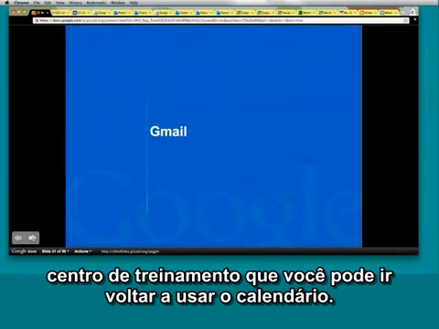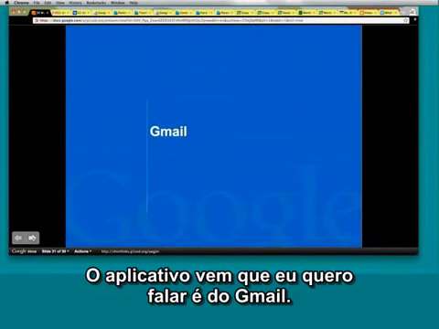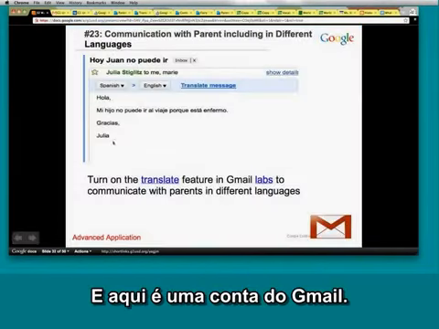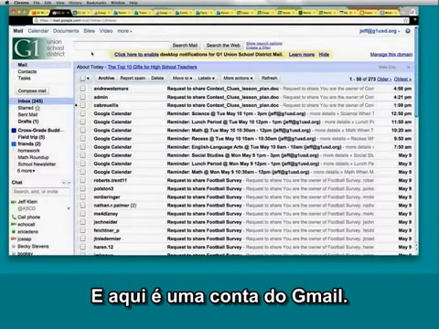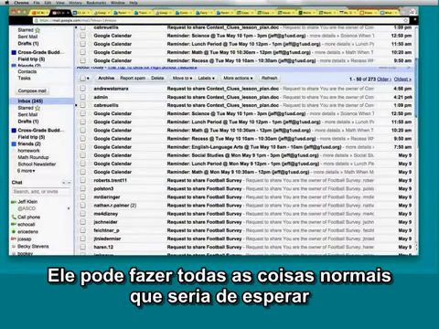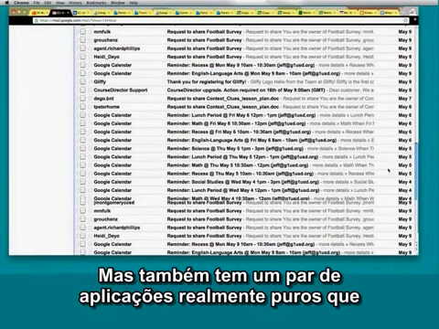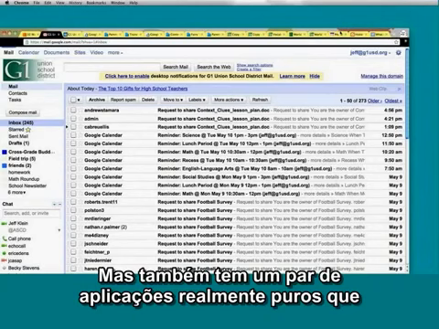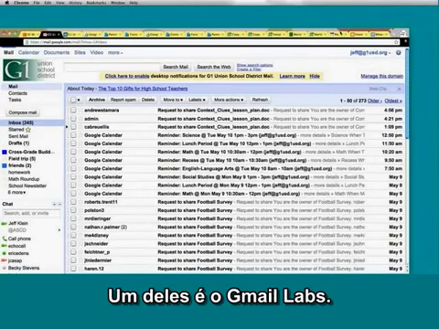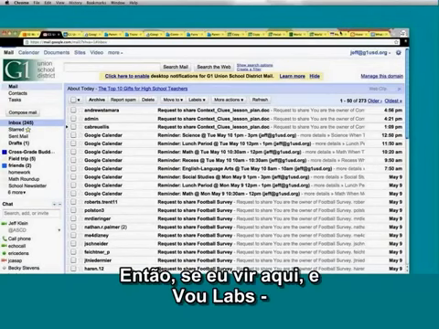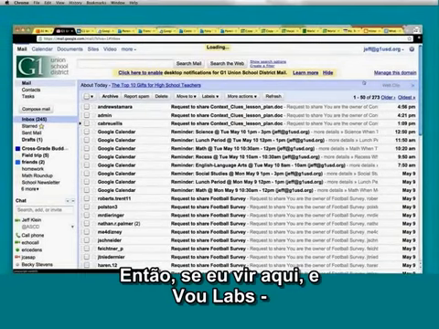And there's more information that I've attached here in the training center that you can go back to use the calendar. The next app that I want to talk about is Gmail. And Gmail here is a Gmail account. It can do all the normal things that you would expect Gmail to do. But it also has a couple of really neat applications that I want to show you. One of them is Gmail Labs. So if I go here and I go to Labs,